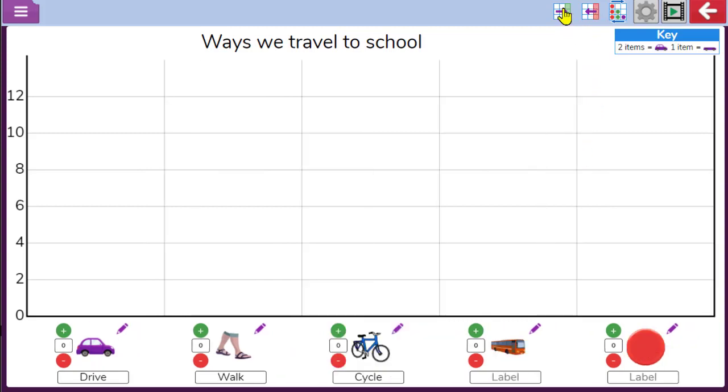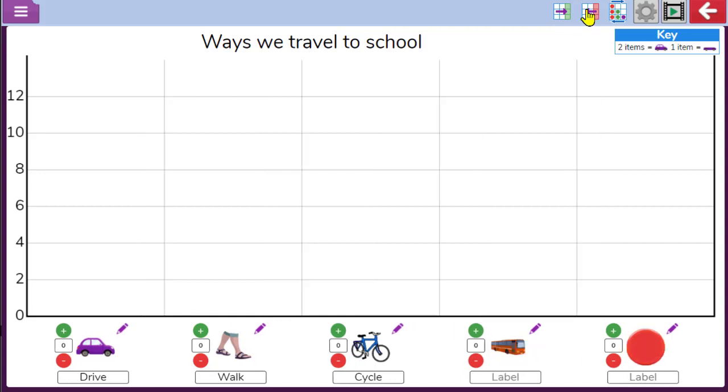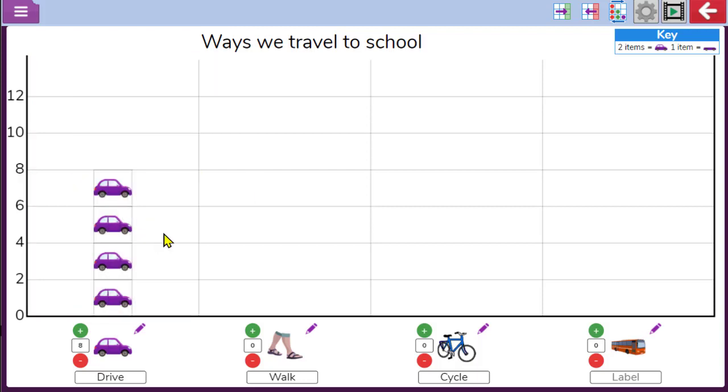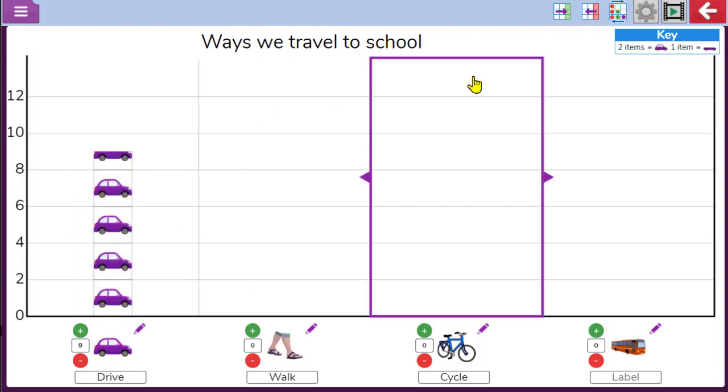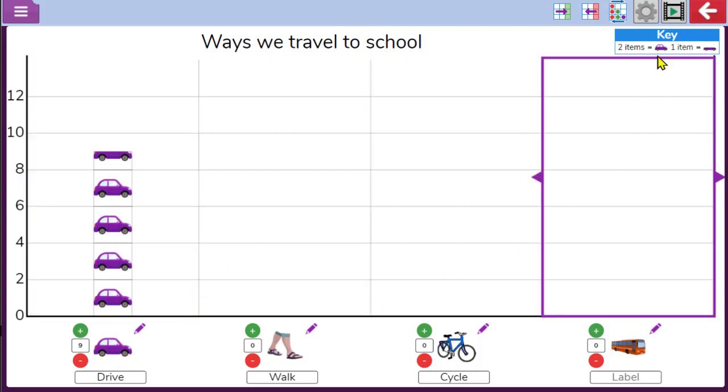I can always add additional columns at a later date should I wish, and it will always remember what the pre-existing image was. Now in this case, just like before, I can either use the plus icon or I can tap on the column and it will add the relevant number and the images. You'll notice the key has been updated to reflect the image. So one whole picture of a car represents 2 people who've used that method, and half a car represents 1